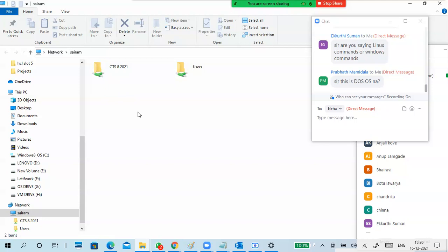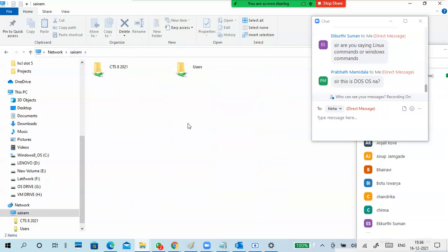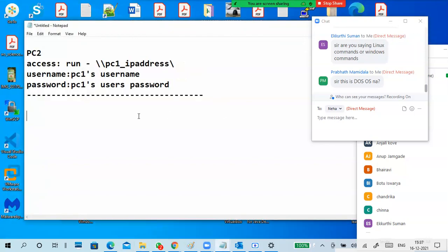Think of it like I am accessing from a different PC. I'm not doing it with a different PC, but think of it that way. This is the folder I shared, and here it is visible. Open it and you can access the data from here. I gave full permission, which means you can read, write and delete the data also. If you don't want that, you can give normal permissions only. So that is sharing.